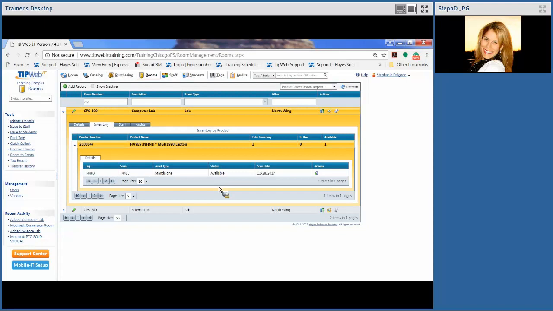Great. Okay. Fantastic. Okay, good question. What about those assets with no tag number? So you will want to